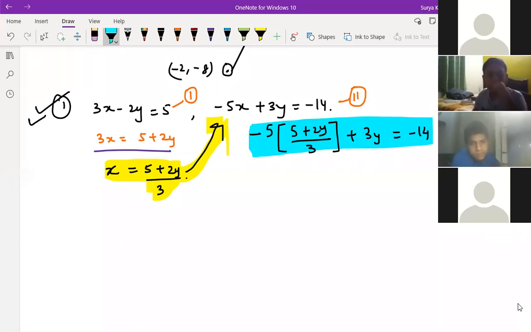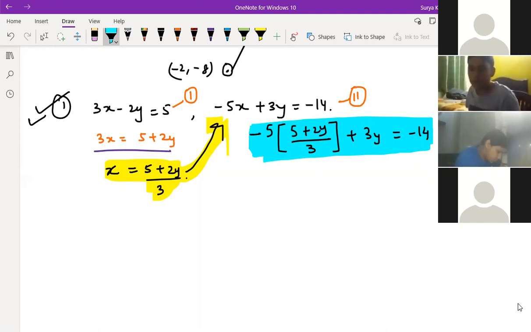Sir, I thought it was like this: both the equations are separate, we have to find x and y and plot them on the graph. Is it not like that, sir? This is not the graphical method. This one we are doing by the substitution method now. Oh, okay. I did both of them separately. I did question 2 also by the same method, x equals minus 2. I didn't do x equals 5 plus 2y. You are putting the values now.